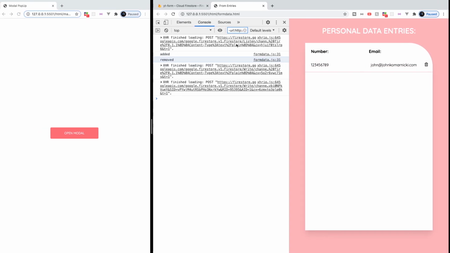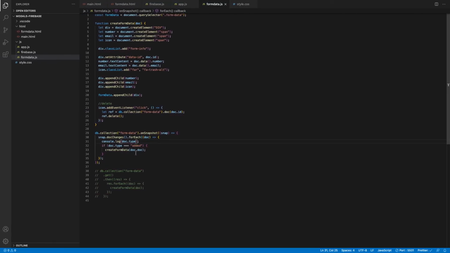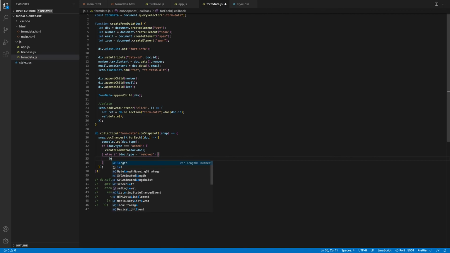So what we want to do in our function here is, if the type is removed, we need to create some way to actually remove that data, and that's where this reference to our div and the doc ID we pass is going to come in handy. So we're going to say else if doc.type equals removed, then we want to run this code. What we're going to do is get a reference to that div, and we can do that by creating a variable. Let div equal